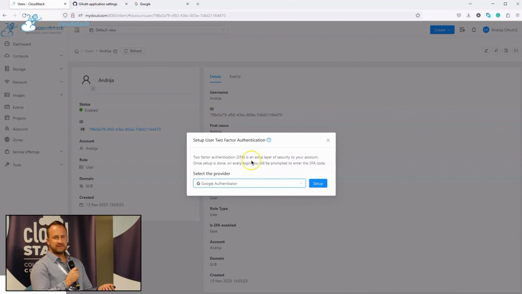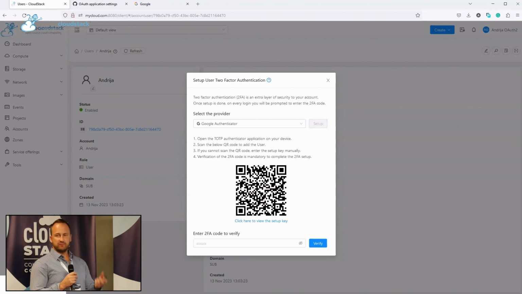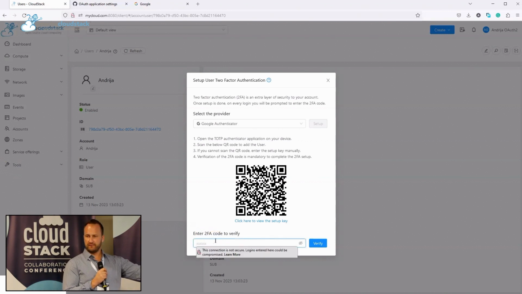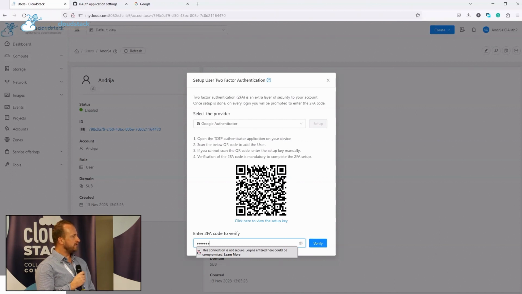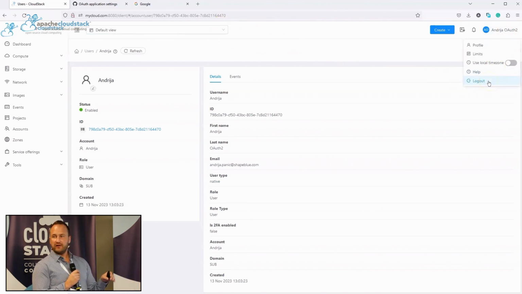I'm going to click on setup, and I'm going to get a QR code like you do in any other. And now imagine I'm using my mobile phone, Google Authenticator. I'm pointing to the QR code. It's being added. I will read the code that I got there and enter it back to verify adding, let's say, or activating 2FA. As I said, this is something you cannot record, unfortunately, neither in Microsoft Authenticator nor in Google because of security policies on Android. So let's log out and let's log in again